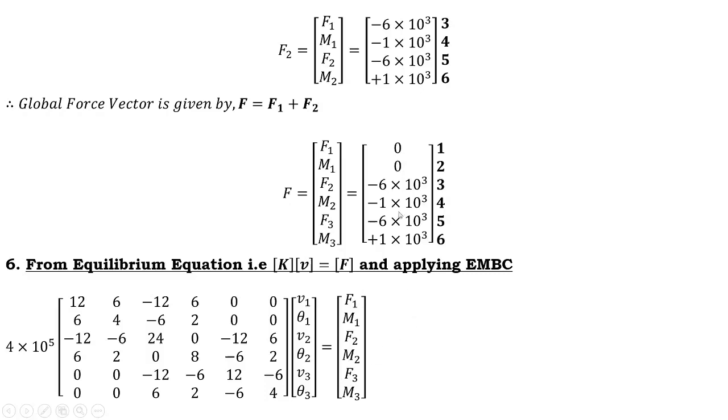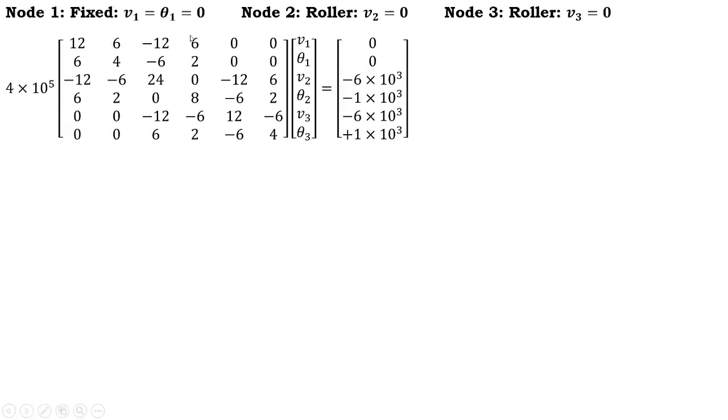In the next step, let us substitute the force values here. So that is what I have done here. Along with that, I will also mention which nodes are fixed and where the roller support is applied. My node number 1 is completely constrained, meaning completely fixed. Therefore, my displacement at node number 1 is 0. Now I have two displacements at node number 1, that is V1 and theta 1, both are 0.